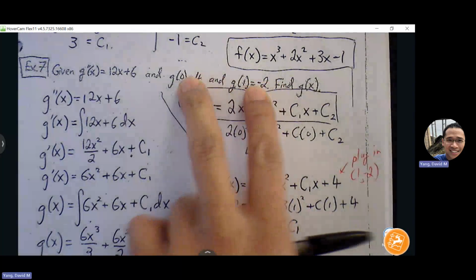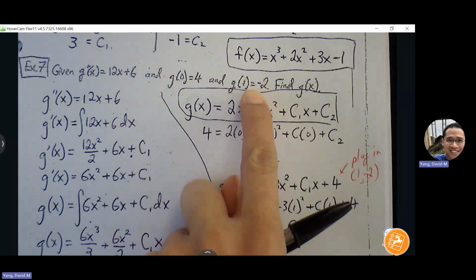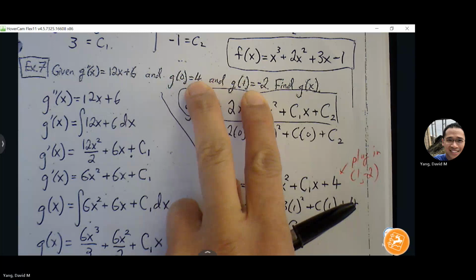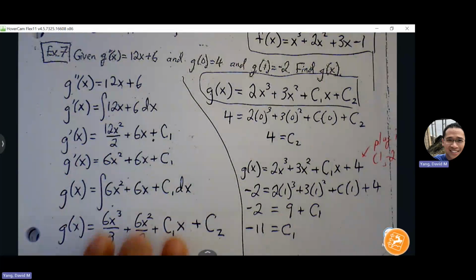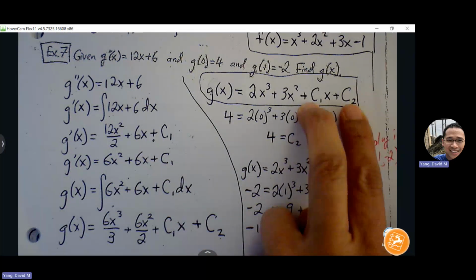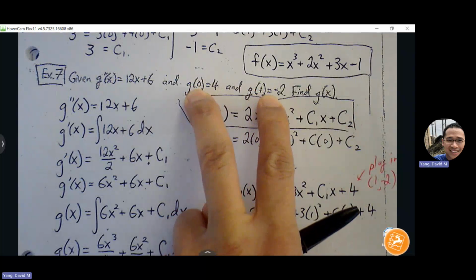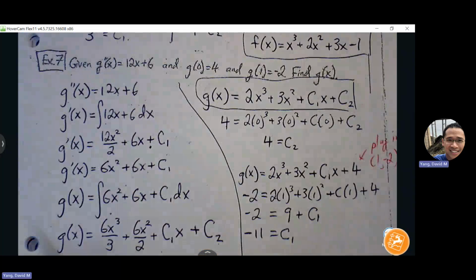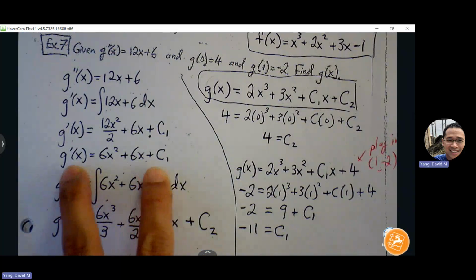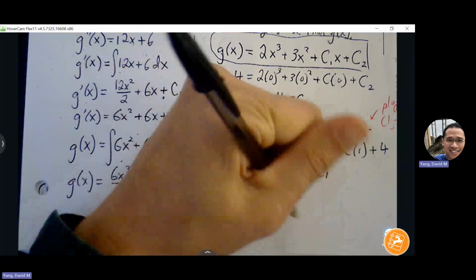They are. They're both at the same level. They're both at the g of x level. So the first one is g of 0 equals 4. The second one is g of 1 equals negative 2. The only thing is we couldn't find c sub 1 at the g prime level. But once we got both the C1 and C2 up to the function level, then these are at the same level now. We can use both. We couldn't solve for C sub 1 earlier because we did not have data at the g prime level to help us solve for that. Hold on, let me write this first and then again. G of x equals